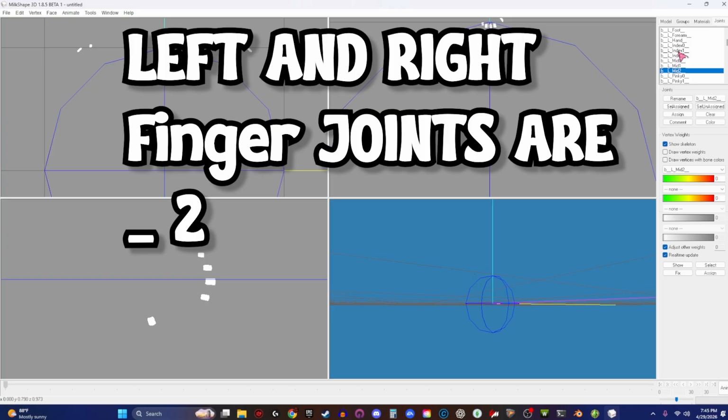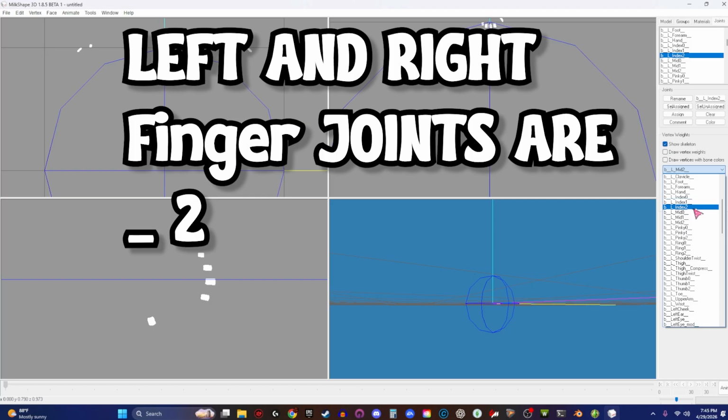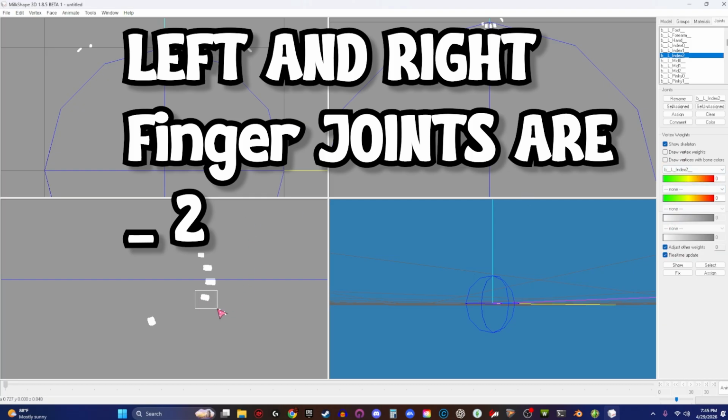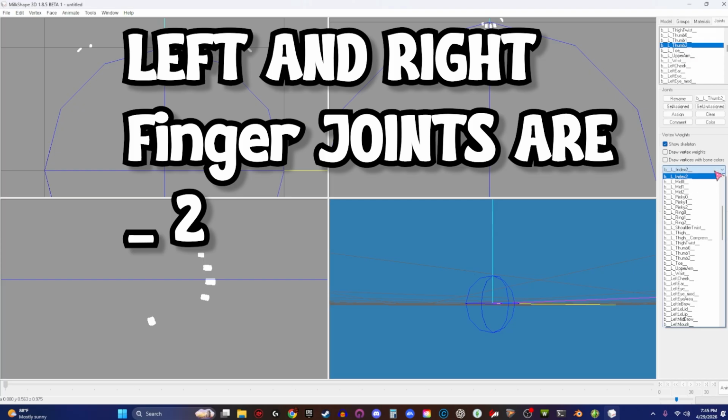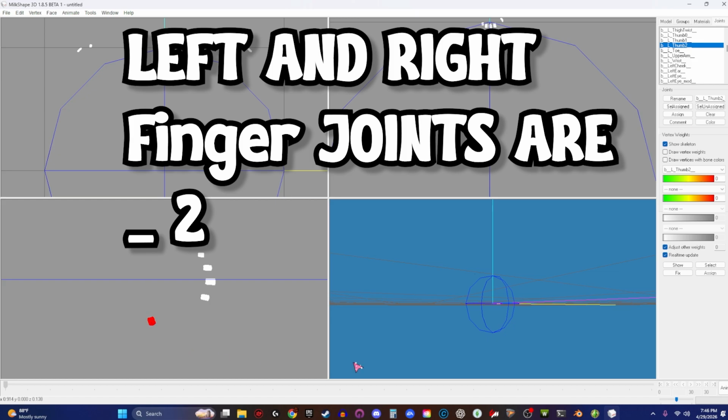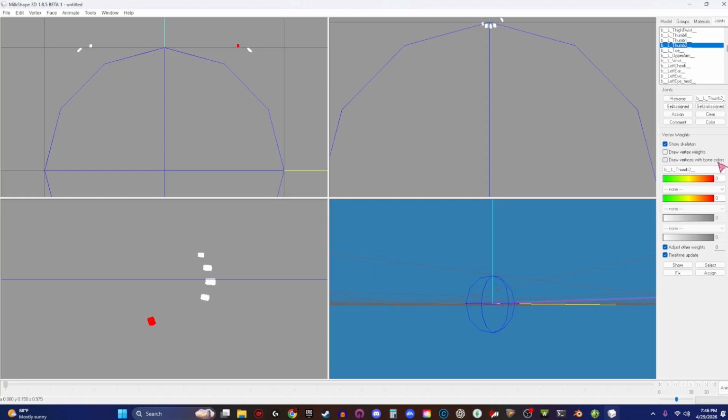Pointer, index left 2, double click, drop down, index left 2. Highlight the index, assign. Thumb, left 2, double click, drop down, thumb left 2. Highlight the thumb, fully highlight, assign. To check, you're just going to draw vertices, bone colors, and you'll be able to see that they're all